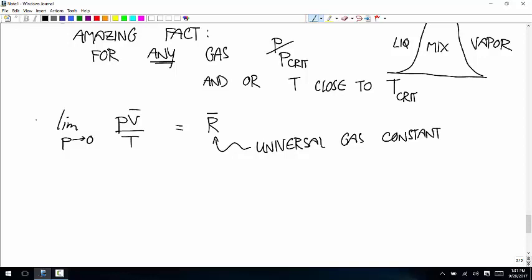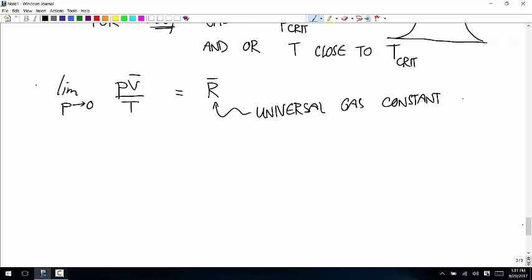But for a liquid, you quantify it for each individual substance. You do these experiments and you get different answers for how that liquid's specific volume changes as the temperature changes. The difference here is that this holds for every gas. What we really have here is the ideal gas model